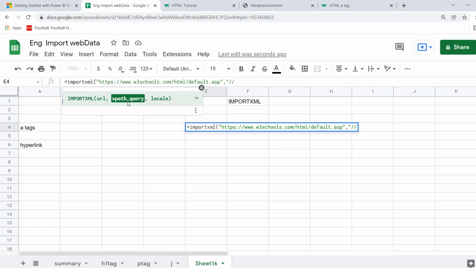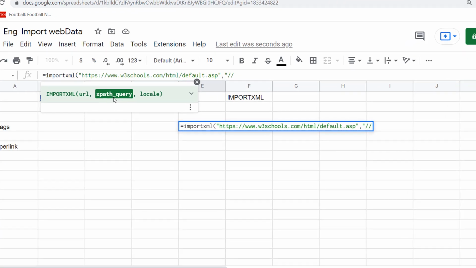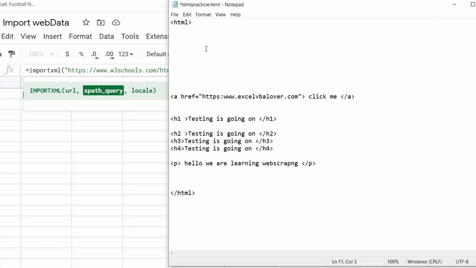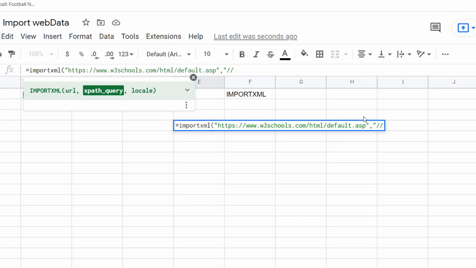So right now we do not exactly know where the a tag is, inside which tag this a tag is, because when you write the code, you start with the HTML and then you start with the other codes, right? So first this is a tag, inside this there is a tag, inside this then there is an h1 tag, like this. So we are saying that when we write the double slash, that it is anywhere found, just go and grab it. Okay, so now this time I'm writing simply the a tag and I'm closing this,